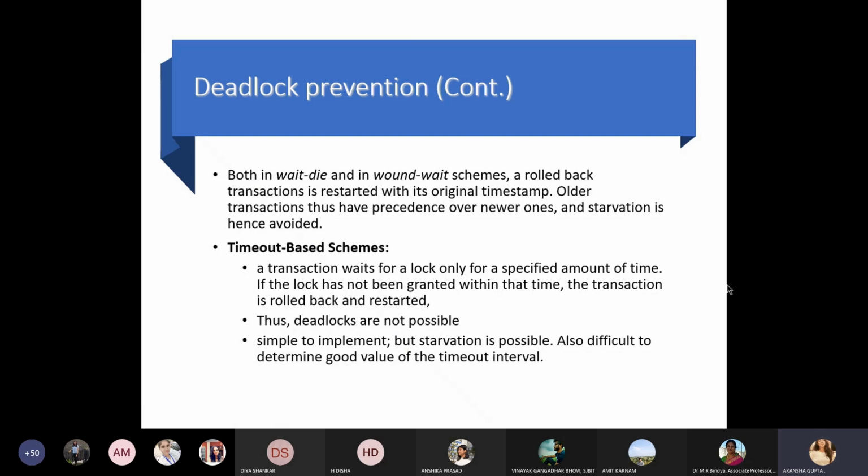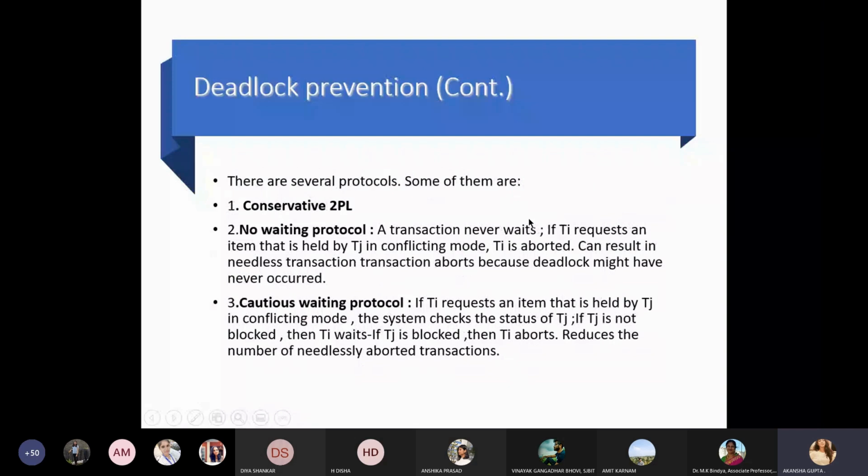It is also difficult to determine a good value of the timeout interval. So there are several other protocols for deadlock, like we have conservative 2PL, a no waiting protocol, and a cautious waiting protocol. We have already known about the conservative 2PL. So in the no waiting protocol,